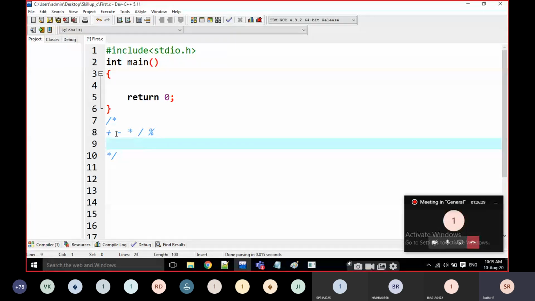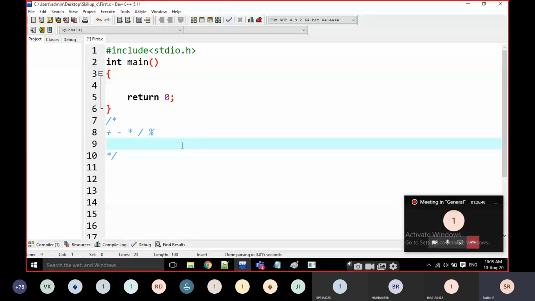In C, we are going to work with these symbols only. Note down with the names: addition, subtraction, multiplication, division, and modular division.